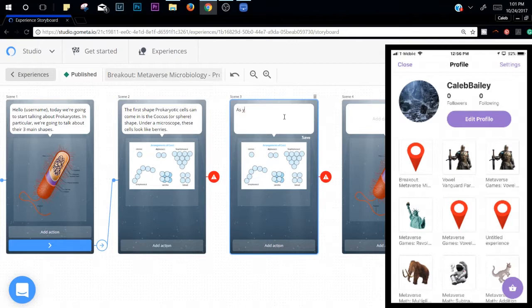Actually, I'll say, as you can see, coccus shaped bacteria can be arranged in many different shapes. We'll touch on that more in a future experience. But for now, just remember